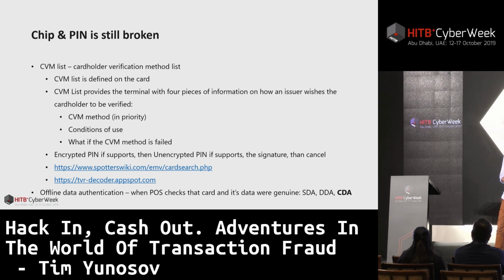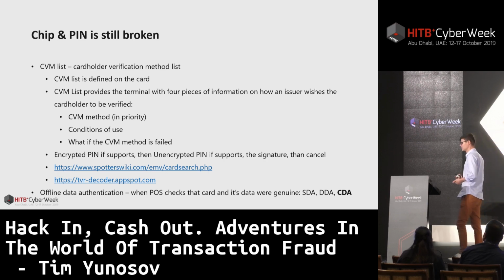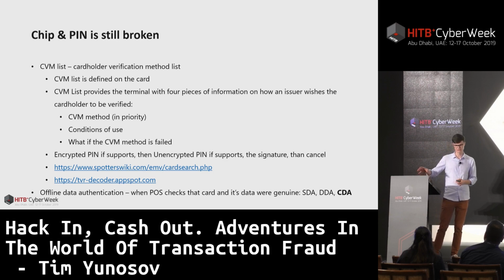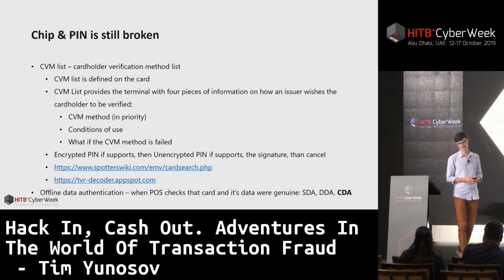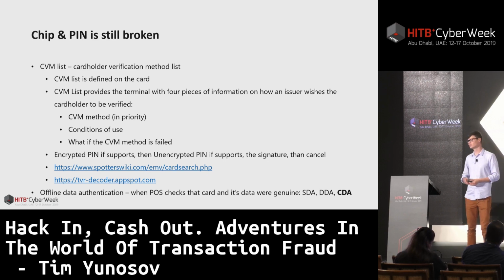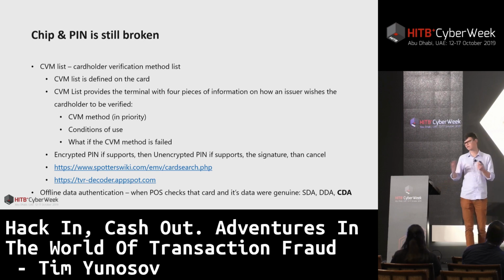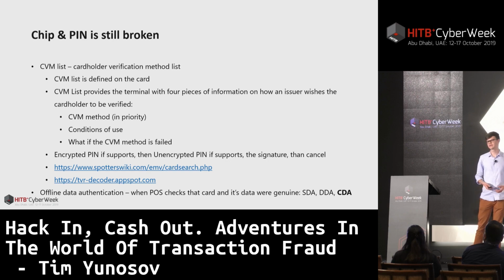Both card and terminal have CVM lists, cardholder verification method lists, which have prioritized methods, along with conditions of use of these methods and what will happen if a method fails. The card has its own list, the terminal has its own capabilities, and the terminal checks this list and chooses the one that makes the most sense. In a brief overview, the list will look like this: we're going to use an encrypted PIN if both terminal and card support it. If not, we'll try to use an unencrypted PIN. If not, we'll try to use a signature, and if the customer declines this,